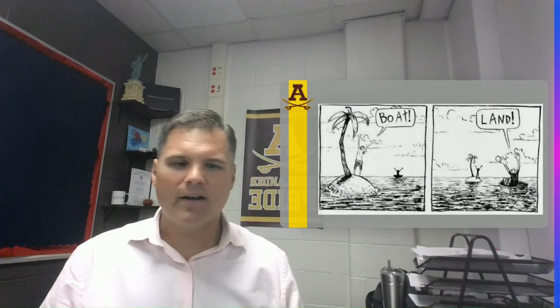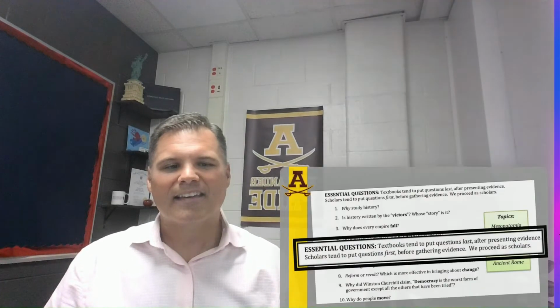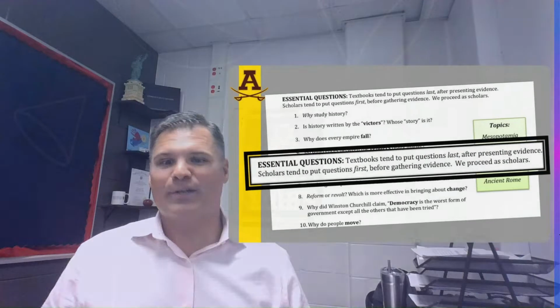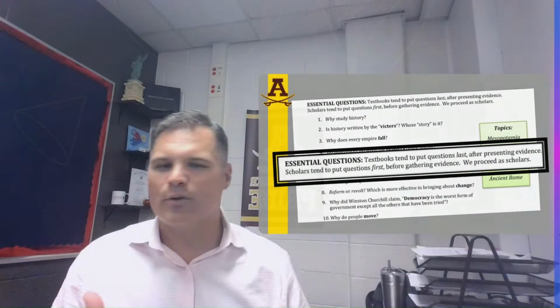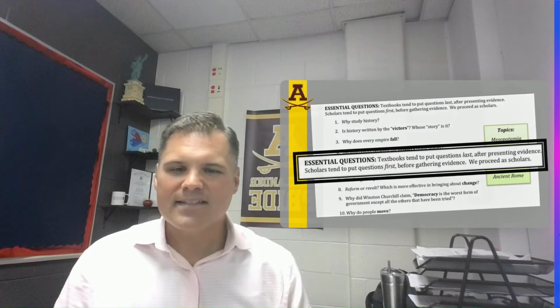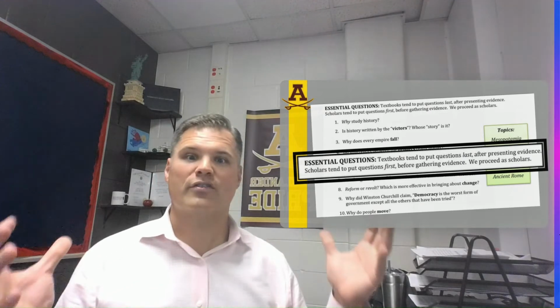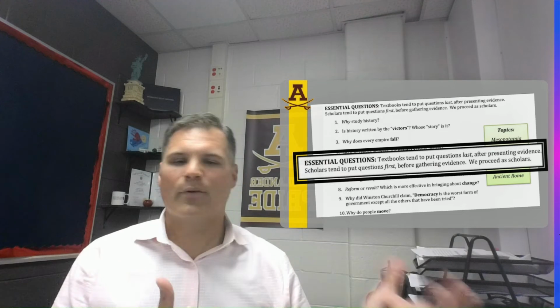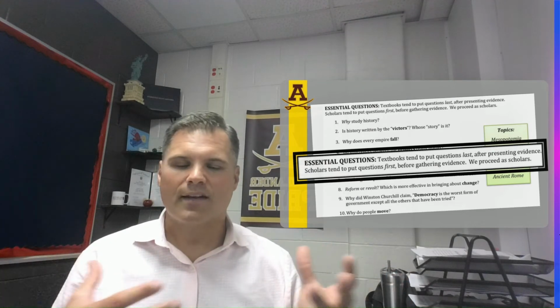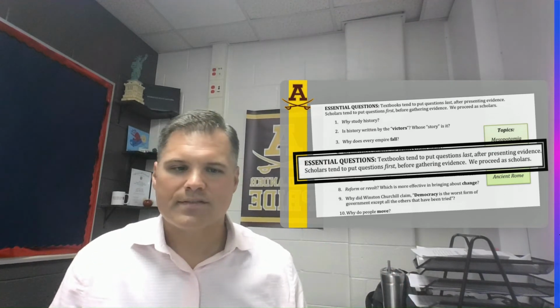So we talk about perspective a lot in this class. We also like to ask big questions, right? The way that we tackle this subject is that we're going to put the questions first before gathering evidence to answer the question. Usually in school, you're presented with some evidence, you're asked a few questions, and then you move on. But in this class, we like to put the big questions first, right? How did this happen? How was this created? And then we take a look at the evidence that supports the answers to those questions.